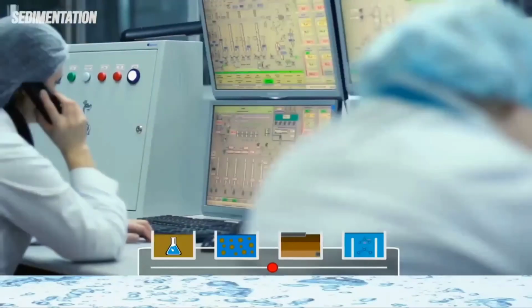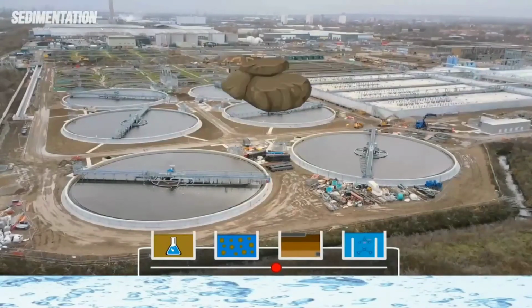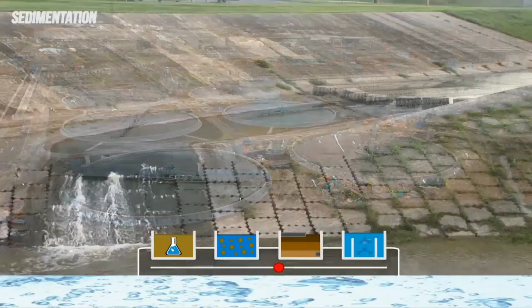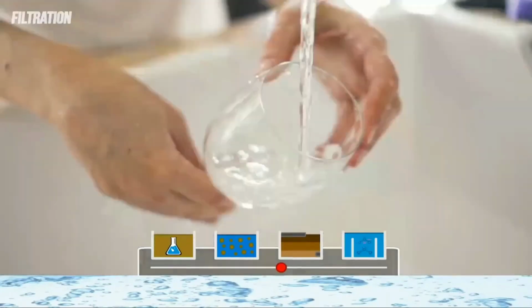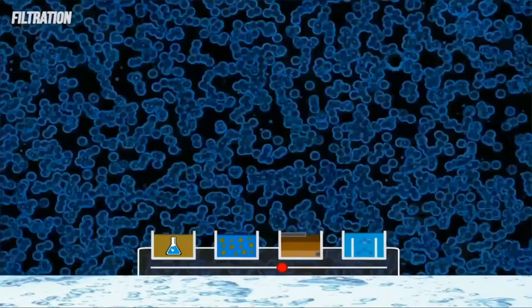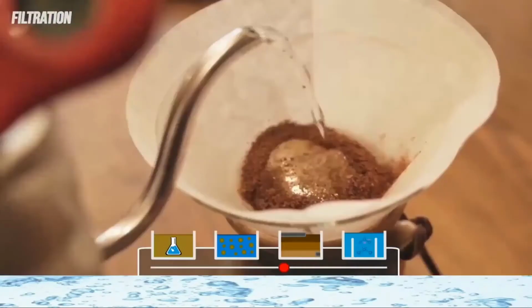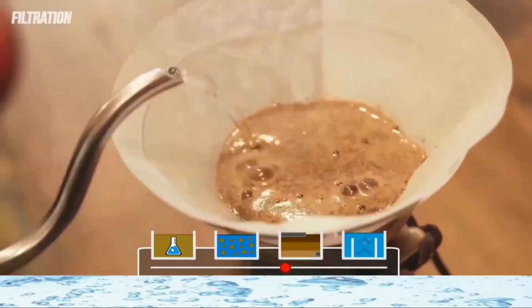After the majority of solids are removed from the water during coagulation and flocculation, followed by sedimentation, the water flows over weirs to the next step, filtration. The water at this point will start looking clear, but there will still be bacteria and very small suspended solids in the mix. The filtration process will seek to remove the remainder of the suspended solids and bacteria to further bring the water up to snuff.